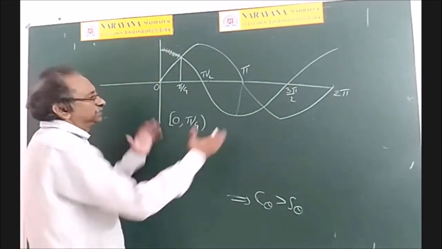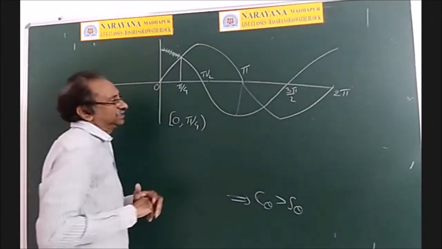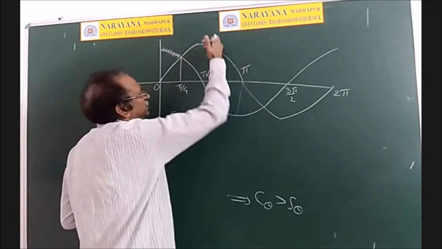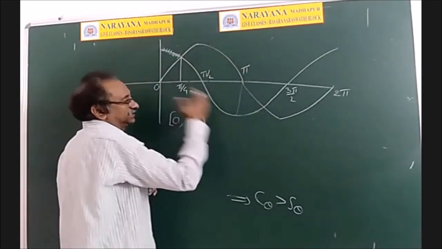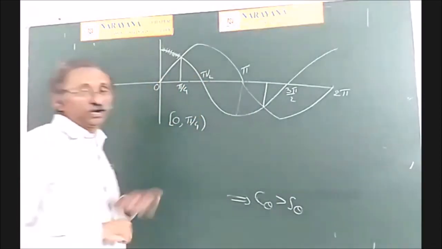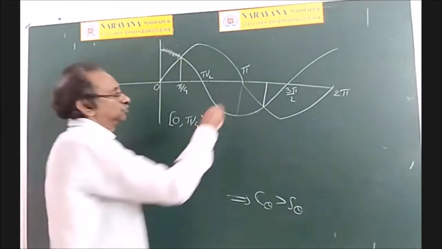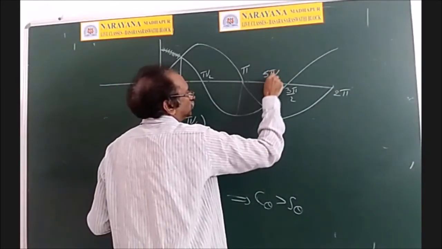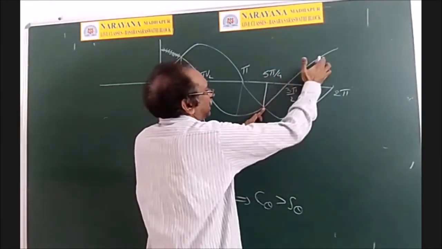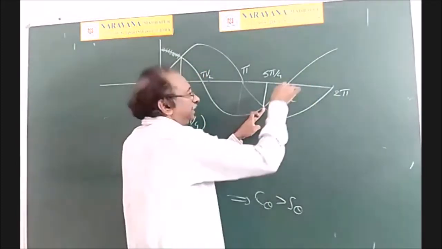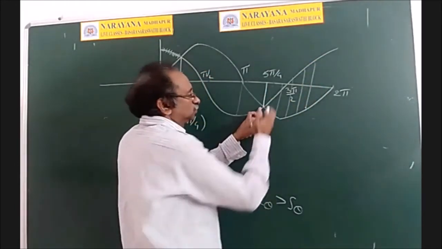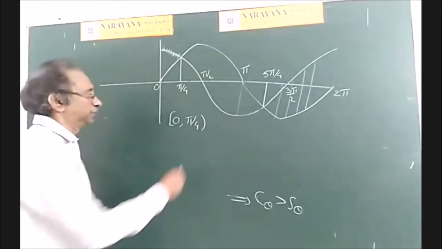Right? And now in this 0 to 2 pi, is there any other region at which cos x is greater than sin x? From this, sin x graph is above the cos x graph. But from this point, what is this point? In the third quadrant, there is 5 pi by 4. At 5 pi by 4, both are minus 1 by root 2. And again from that point, cos x graph is above the sin x graph. So from 5 pi by 4 to 2 pi.